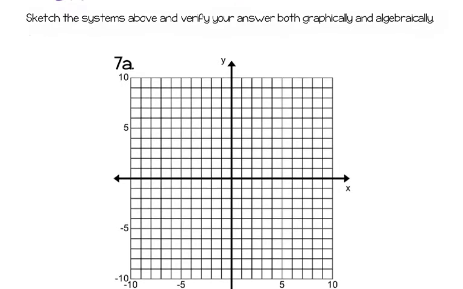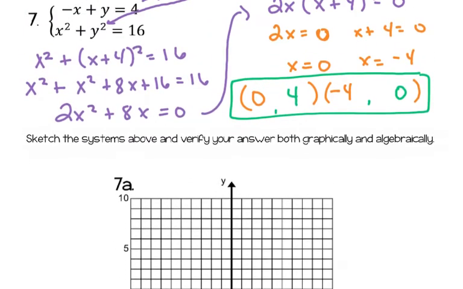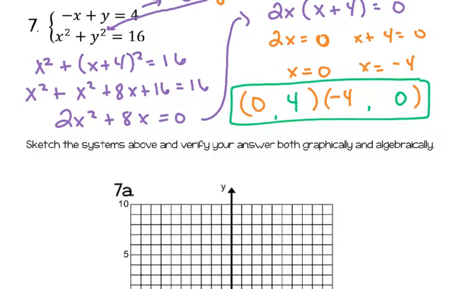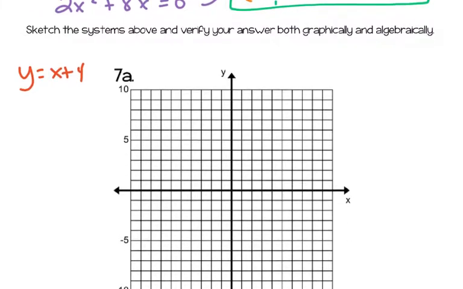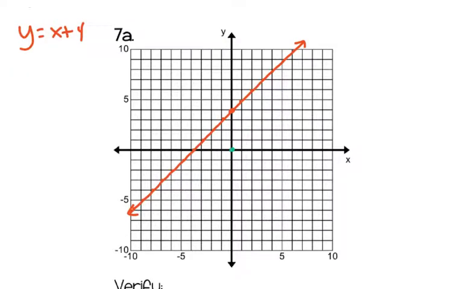Okay, I'm going to go ahead and graph these both graphically. So the first one is the equation, and I already wrote it as a line, y equals x plus 4. And so I'm going to graph that one. And then the second one is a circle, center 0, 0, radius of 4. And so graphing that one,